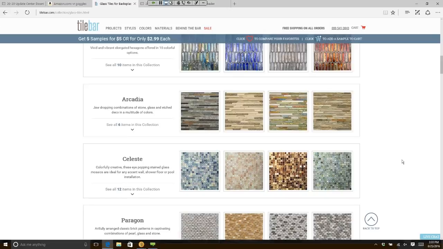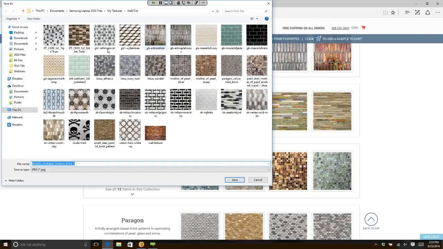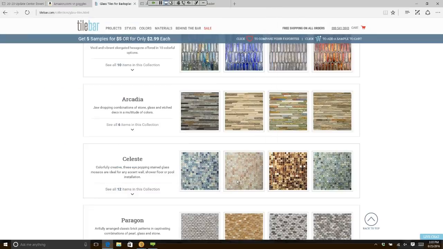All I need to do is go in and right-click on the thumbnail of the tile and see where it says Save Picture. If I click Save Picture, it'll open up, and if it doesn't go right to your folder, you just simply go through your documents to the folder where you save your tile, and if I click Save, it will actually add that tile to my portfolio,